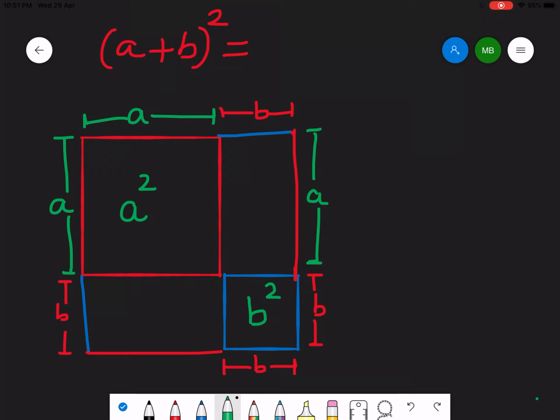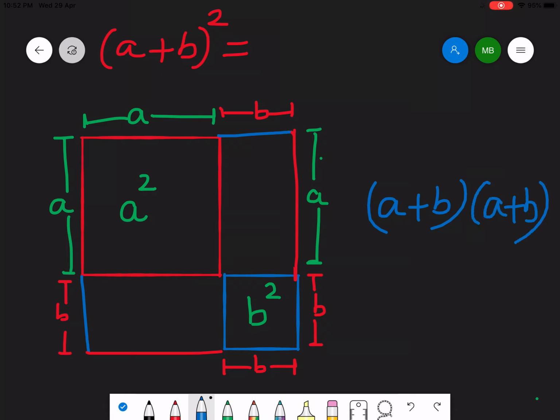So what can you say about this big square when I connected these two squares of size a by a and b by b, and when we try to complete this figure, give it a complete look? We get a big square here whose each side is a plus b, isn't it? a plus b here, a plus b on this side also. So what will be the area of this big square? It will be indeed (a plus b) multiplied by (a plus b), isn't it? So that will be the area of this square.